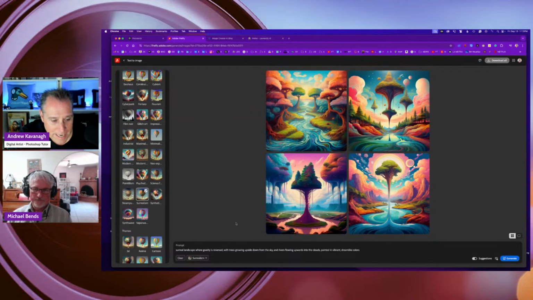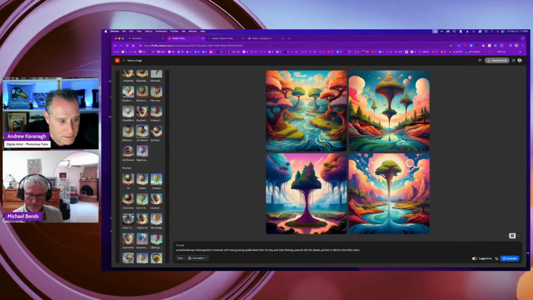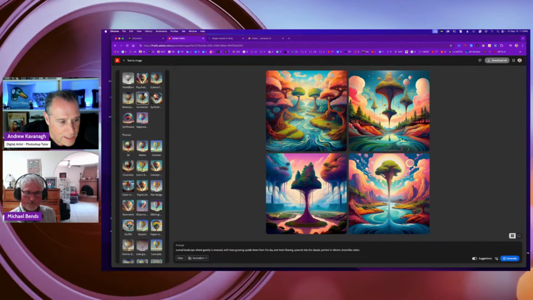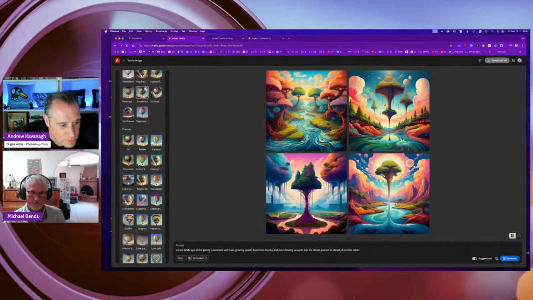I'm not sure if you put the word surreal landscape, if you even need to click on surrealism as an option, because it's already kind of focusing on that. But I'm going to be experimental, give it a try. And then I might look through and see if there's anything else. So instead of this kind of look, I might click on, say, geometric and get a geometric kind of stylization.